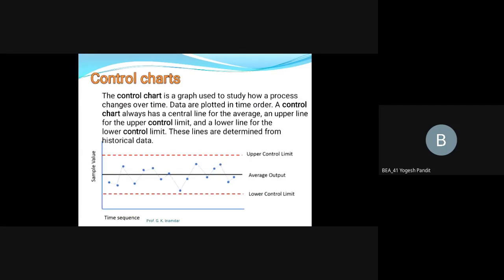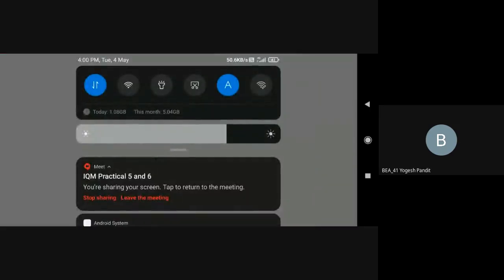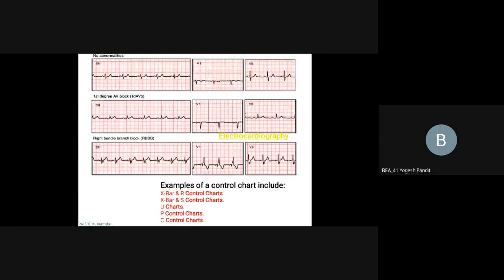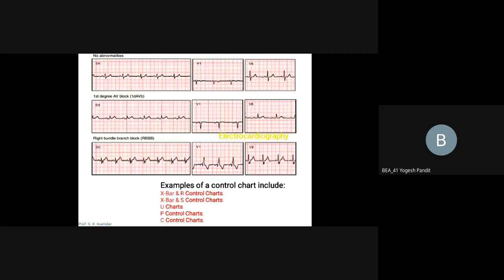Now control charts. Already we have discussed all the control charts, and we have taken examples also on that. Upper control limit, lower control limit: whatever the reading is, it should be in between UCL and LCL. Then and only then is the process acceptable. X bar, already we have discussed this. So these are the tools available.